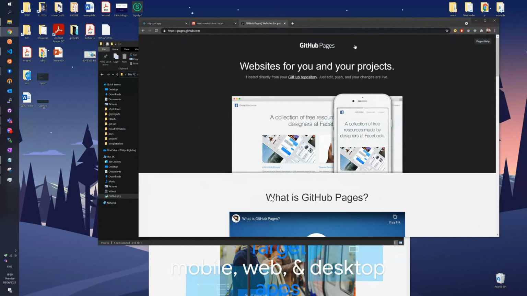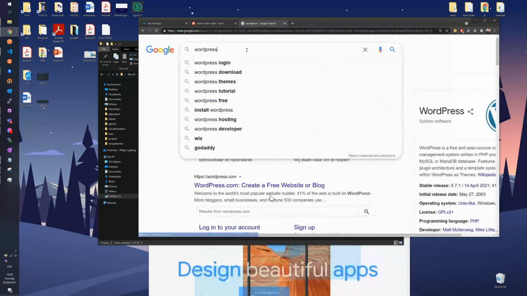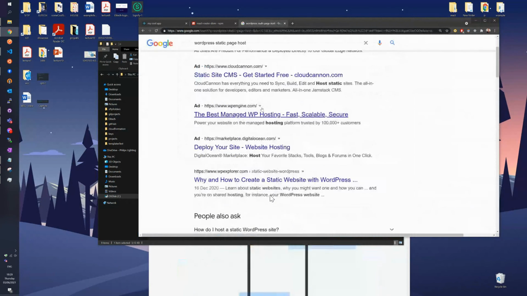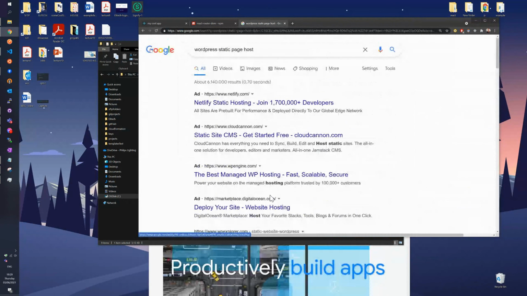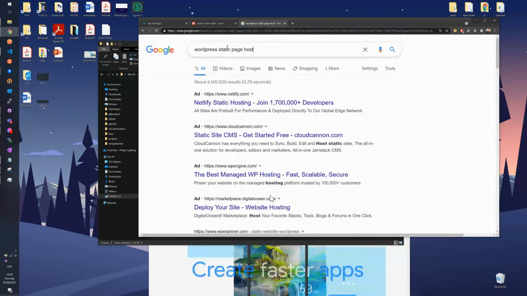Other free hosting options: I think on WordPress you should be able to host a static page. Yeah, I'll try to tell you a bit about those things next time. Netlify, good one, Netlify.